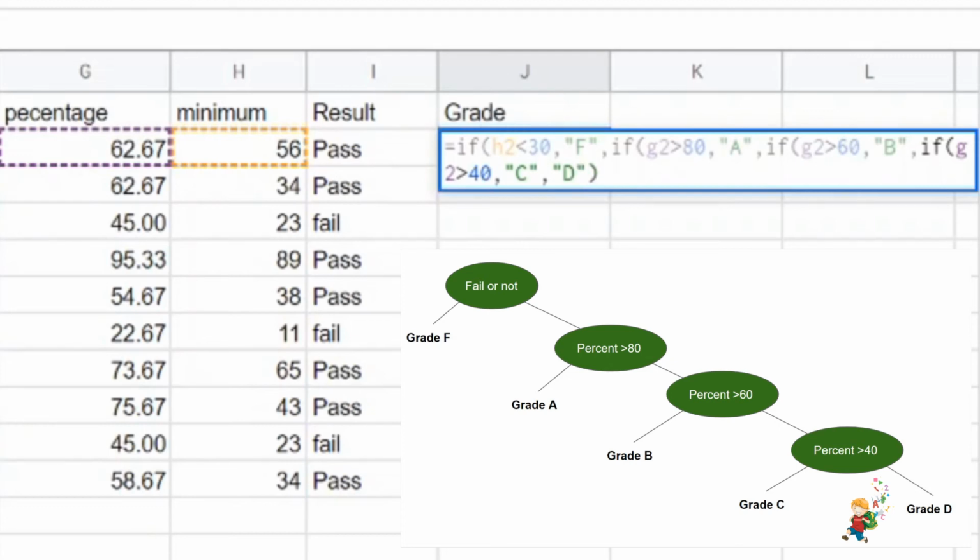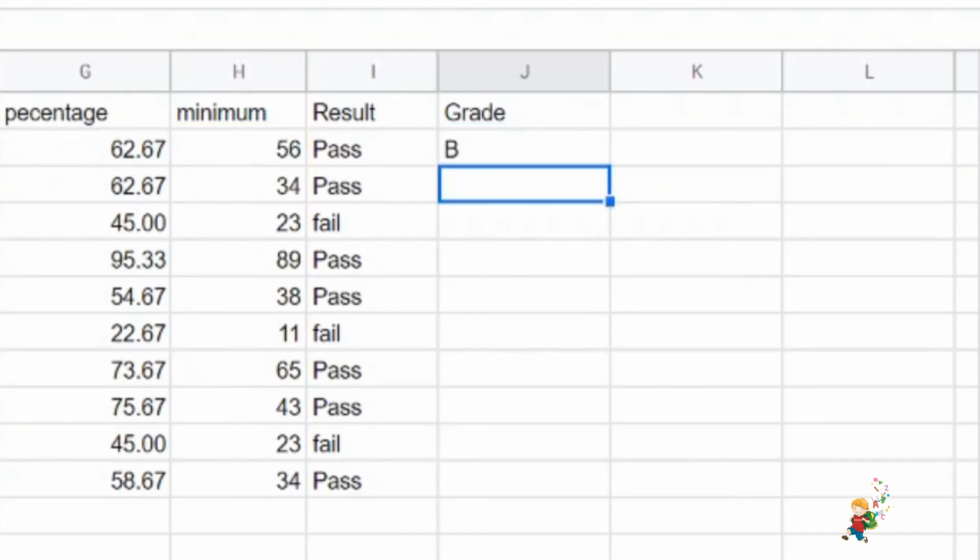Then we have to match the brackets and we can press enter to get the result. You can check, we have received the B grade here. We can use the autofill feature to fill up the remaining grades.